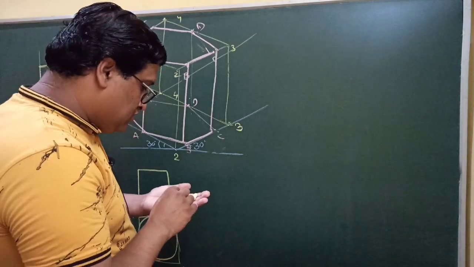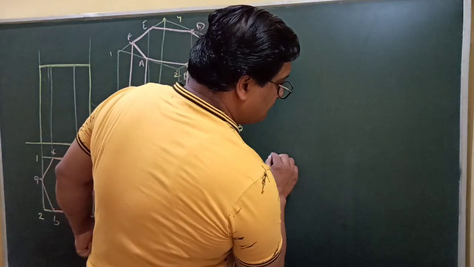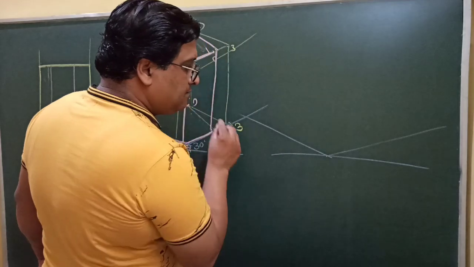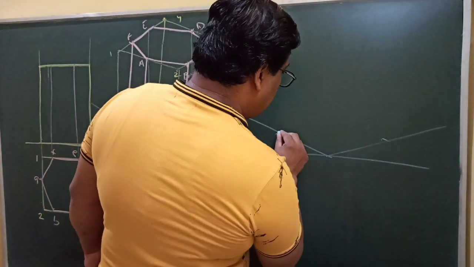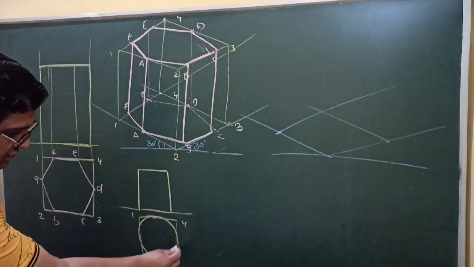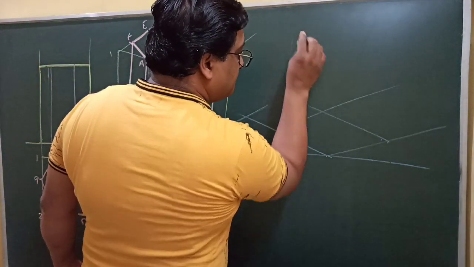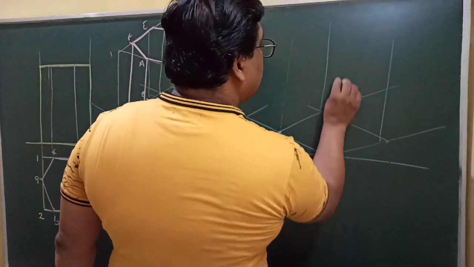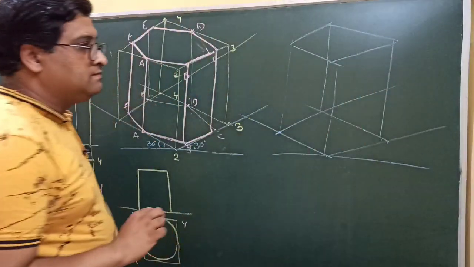And how to draw? Again draw two lines at an angle of 30 degree here, and draw this complete square here also, as we have done. So this lower square we have drawn. Then draw the upper part also, drawing 4 lines from here, so as to get the upper rhombus also.